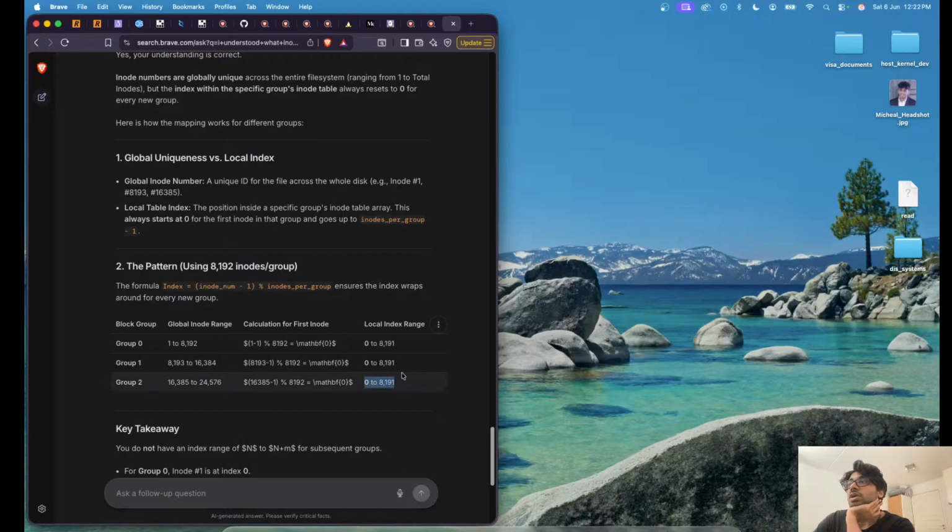Okay, so the local index range would still be the same. Only our actual calculation. No, even our calculation does not change, because we know that all our